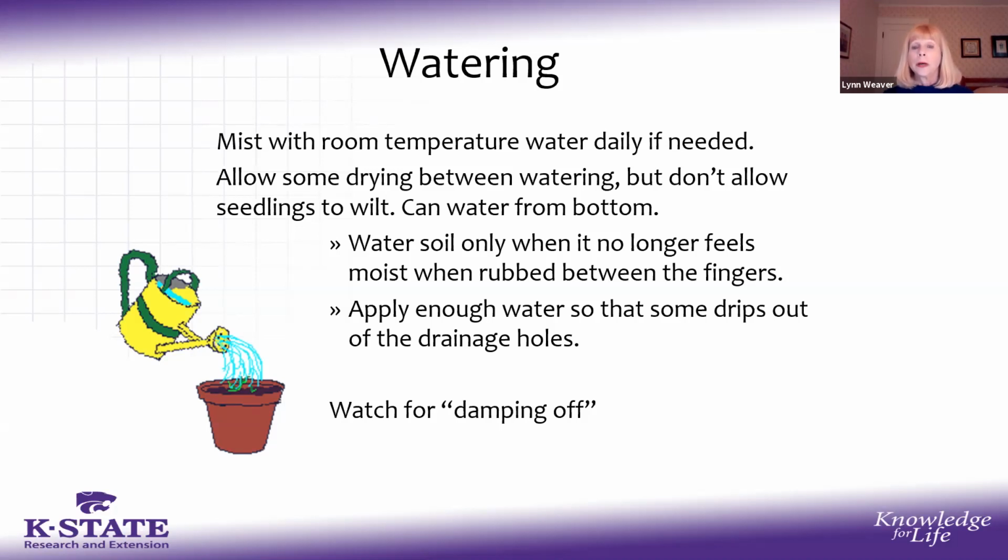If you want to water your seed container from the bottom, you can do that by setting the container into another container with room temperature tap water in it and leave it for 20 to 30 minutes. You'll notice that the soil on top of your container changes from a lighter brown to a darker brown, indicating that the moisture level has risen that high. Take your seed container out, let it drain well, and you're good to go. If you're using a flower pot like pictured, you're going to want to apply enough water so that water drips out of the drainage holes.